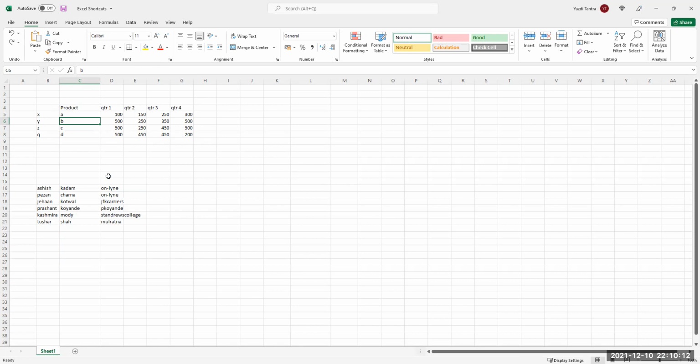Are we clear? So if you want to select a range of cells up to the last cell, either in the row or in the column, you will say Control Shift and right arrow or down arrow or up arrow. If you are here, you want to say Control Shift up arrow, right? Or if you are here, Control Shift left arrow.